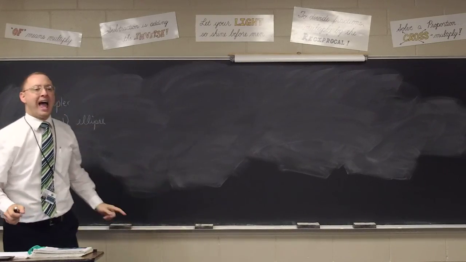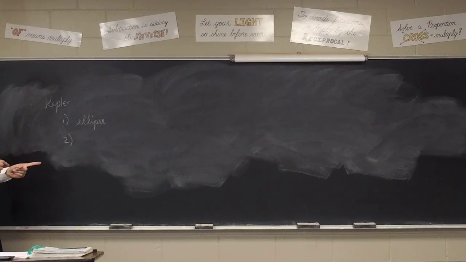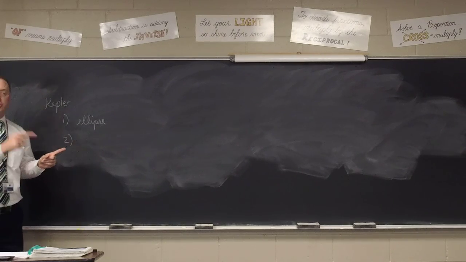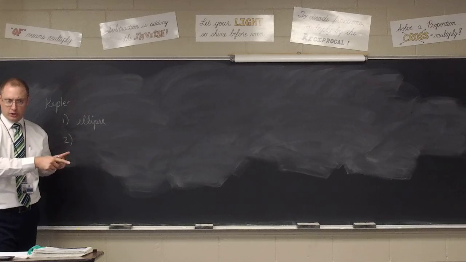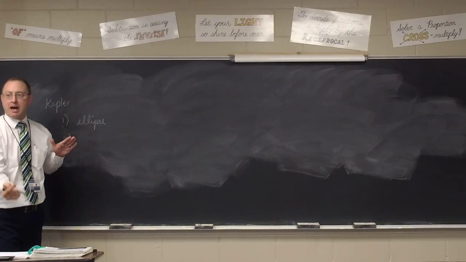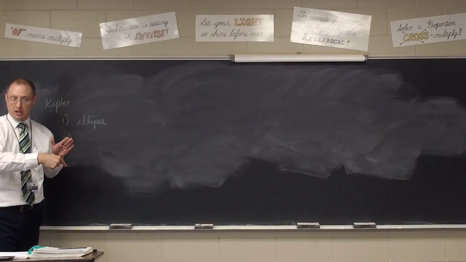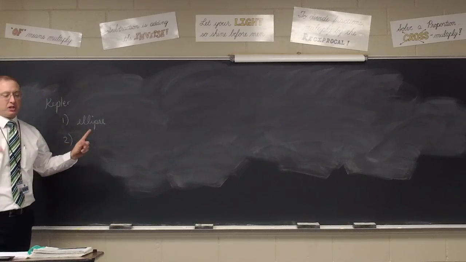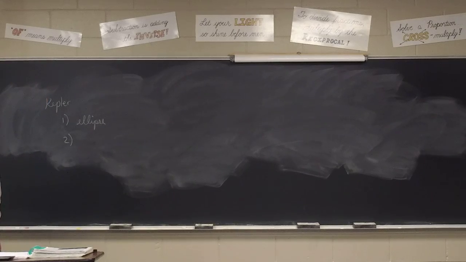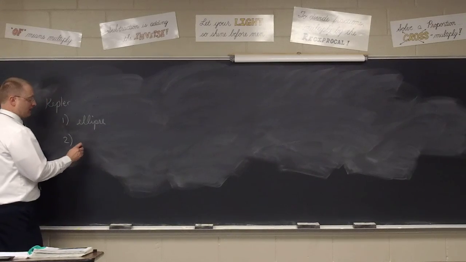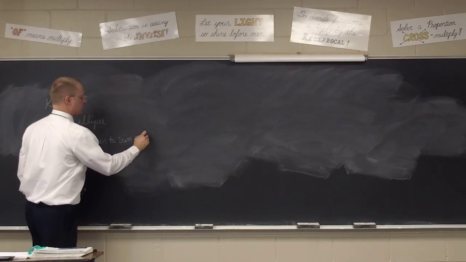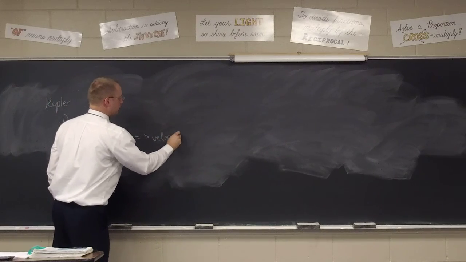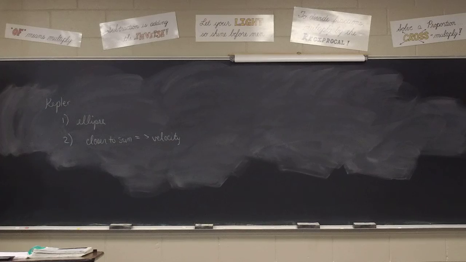Meaning, here's what you need to know. As a planet is closer to the sun, in the same amount of time, it has to travel a greater distance. Closer, greater distance in the same amount of time. What does that mean? Going back to last chapter, greater velocity. Closer to the sun, that's what you need to write down. Closer to the sun, greater velocity. Further from the sun, less velocity. Literally, the planet speeds up as it gets closer to the sun,